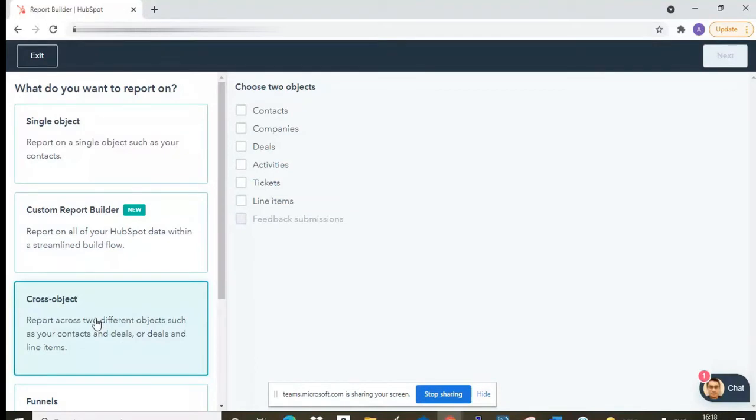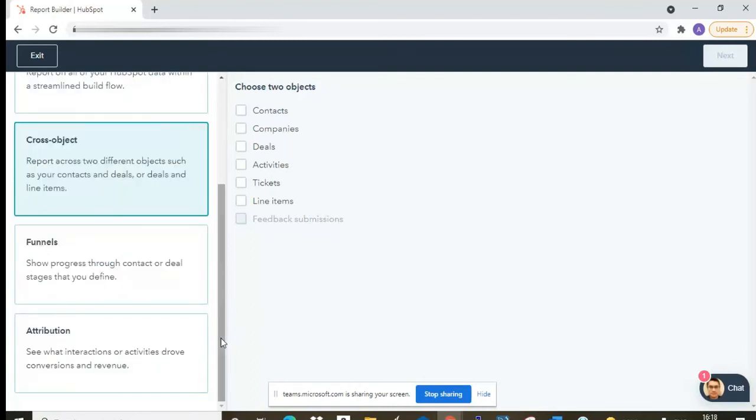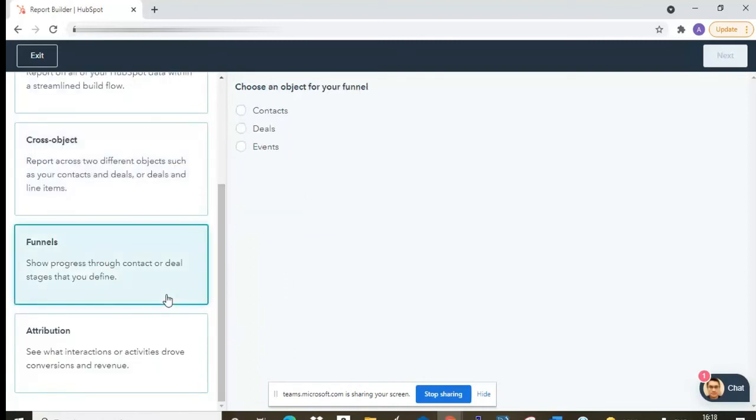For example, I want to create a report of the entire cycle from lead to closure, which means I obviously need to take contacts and then I also need to take deals. Now, if I go to single object, I can't create it in a single report, though I can create it in two different reports. So cross object helps me when I want to create a single report but I want two objects. Then funnels: there are certain funnels, there are certain stages which contacts and deals follow.